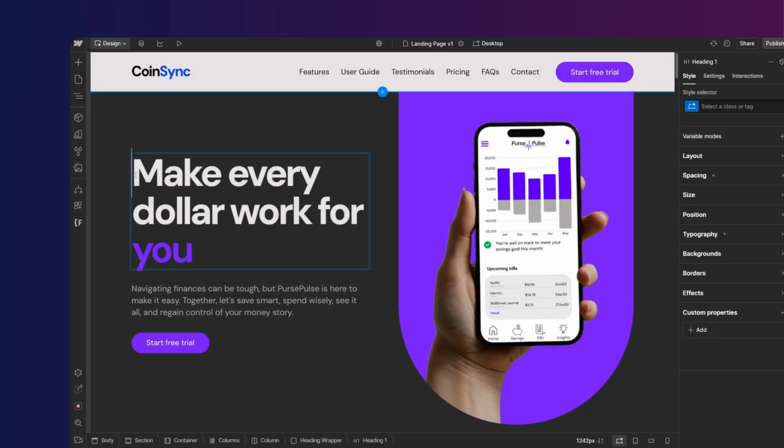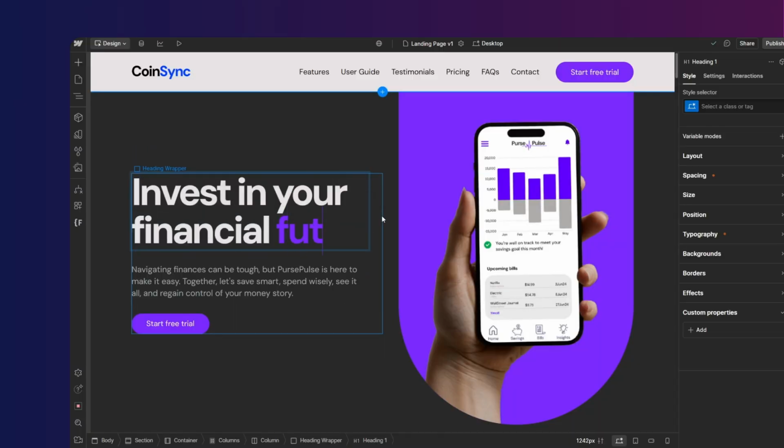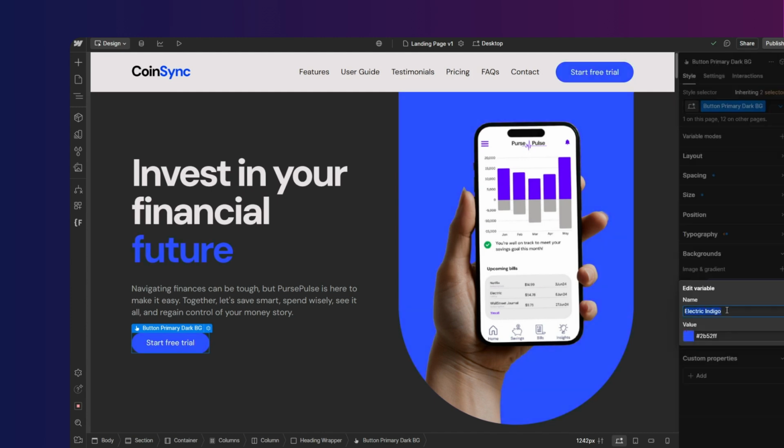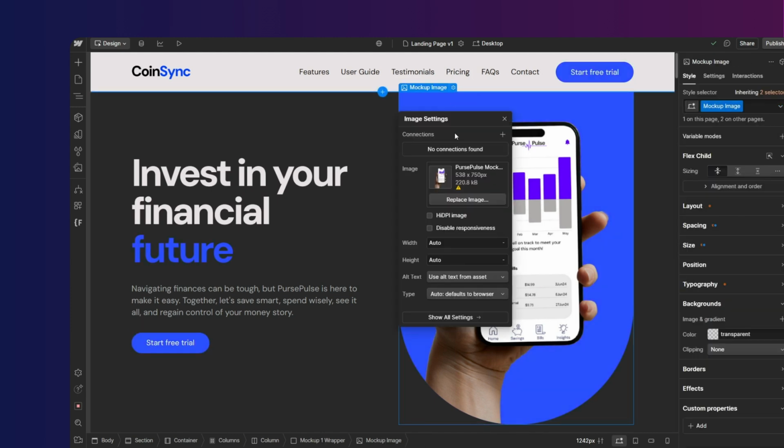Now, this isn't a customization tutorial, so I'm not going to dive into how to customize this template inside Webflow, but what you need to know is that the template is 100% customizable. You can easily add your text, mockups, brand colors, and make it your own, and all that is done using drag and drop functionality in Webflow. You can literally just click any element to edit it. So you can already see that this template gives insane value. Like in just $29, you have access to like 40 plus different sections that you can mix and match and choose from and customize and use them to create a very unique landing page design.